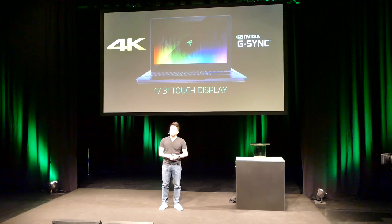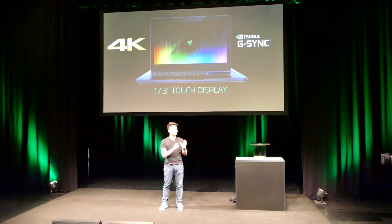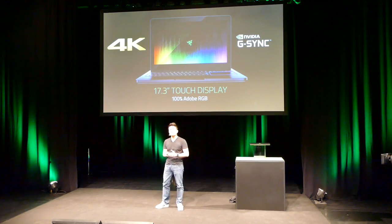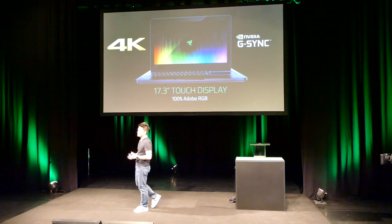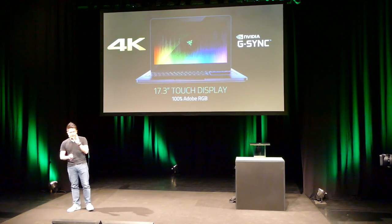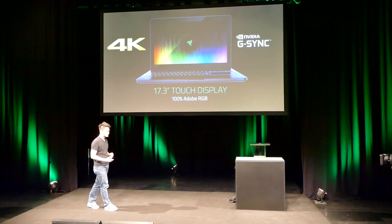It's a phenomenal display. Now, of course, we haven't just used any display. We've used the very best. This is an IGZO panel, and it has 100% Adobe RGB color range. It's a fantastic display. And this is a good opportunity for me to take a bit of a step back